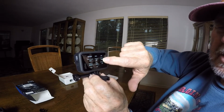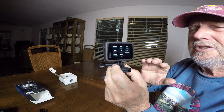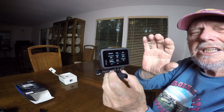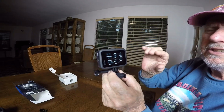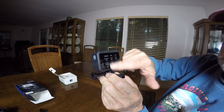And then there's a lot of other settings, but you'll need to go to the user manual and find out what each setting is, and then experiment. Will give you the best results. Take some video and see what the setting does and make note of it. Okay, so once you're through with all of that, you can just kind